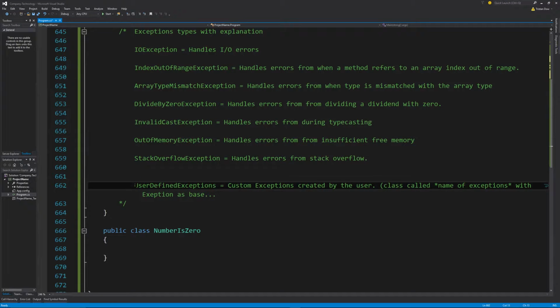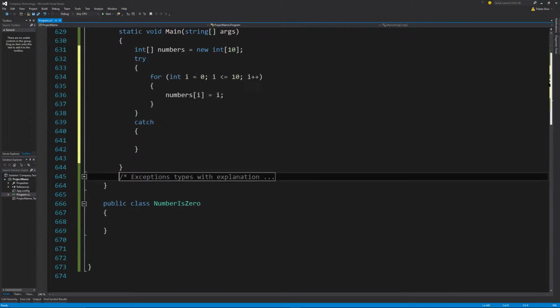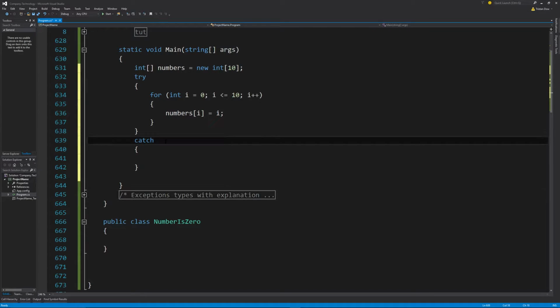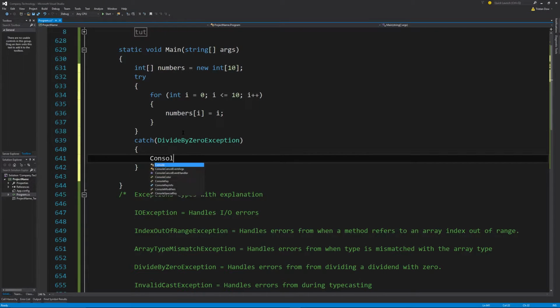Now there are also user-defined exceptions, which are what we are going to do, which is what I'm going to show you how to do right now. But let's go back to this real quick. So if we have a catch, we can be specific on this catch. So if I go like this, and let's say I type in a divide by zero exception, and I go console.writeLine div by zero,